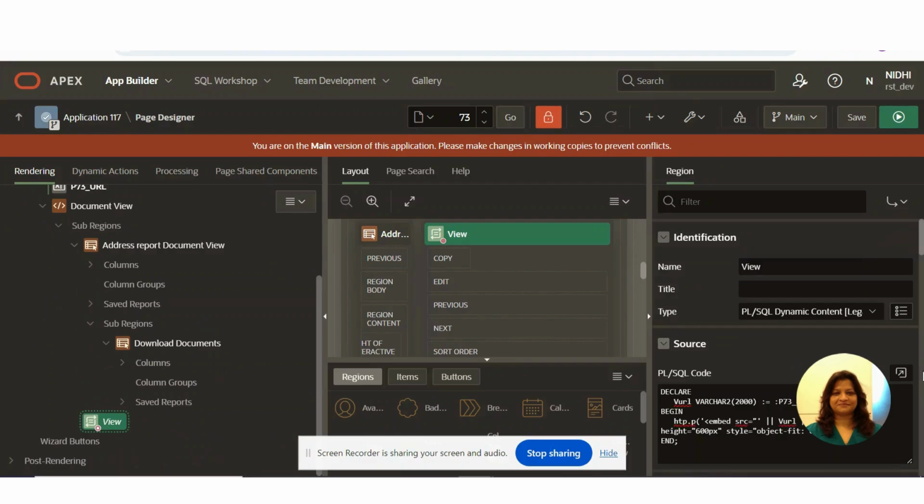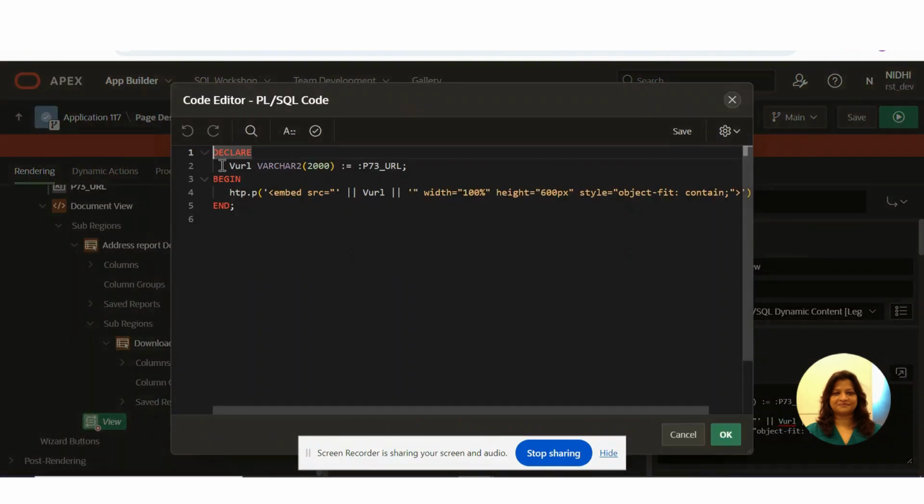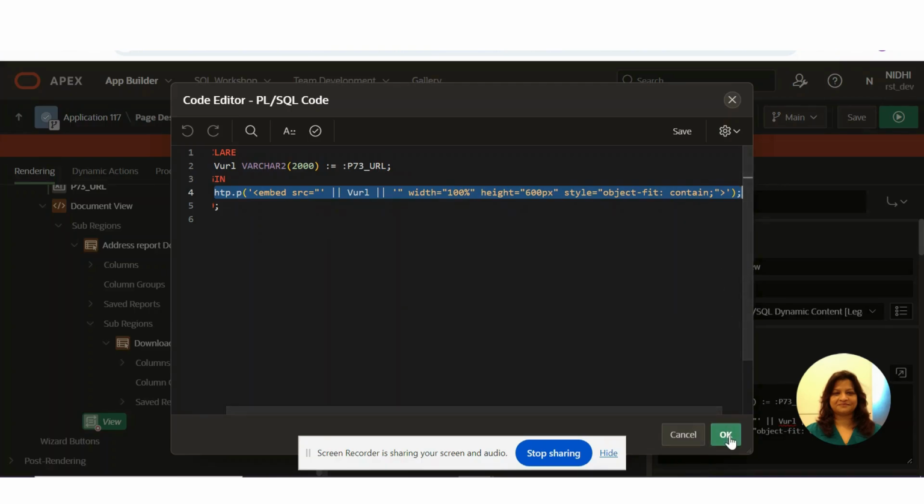This is the view. So I write the blob SQL. This is a variable, and the URL value calls this variable, using htp.p to embed the URL in these applications.